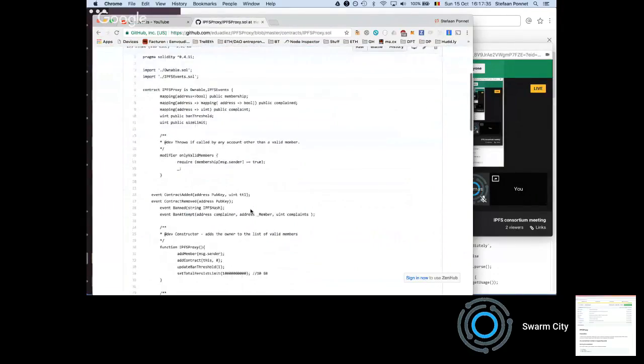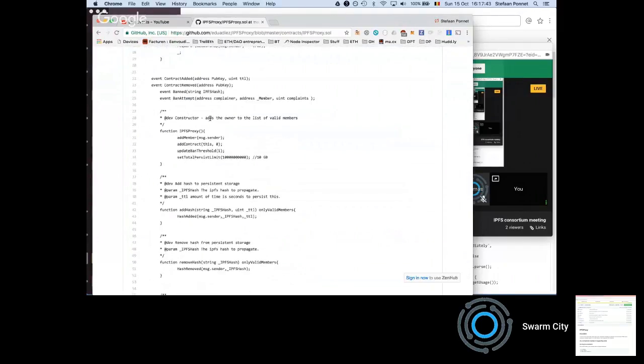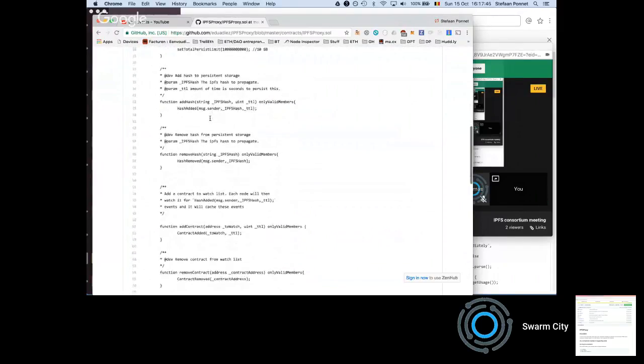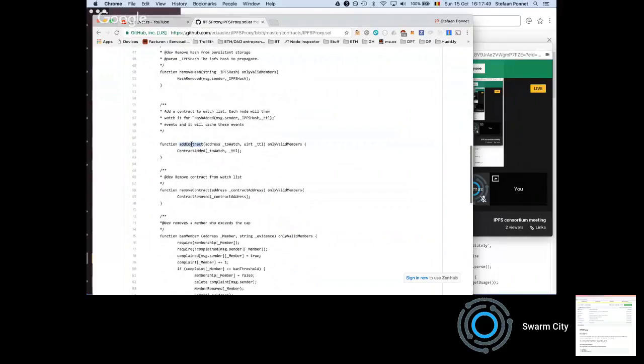So the way this works is just like here, the IPFS proxy, for example, also implements IPFS events. And when you are a member, so if you're part of the IPFS consortium, you can actually add or remove contract addresses.